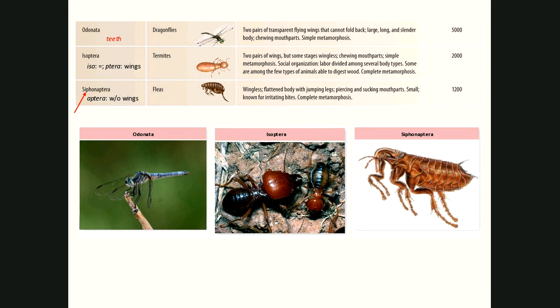And, of course, our buddy the flea, the dog flea, Siphonoptera. The Siphonoptera comes from the fact that it's a blood feeder, right? It uses its siphon. So proboscis right there. And they don't have wings. So Aptera means without wings. So Siphonoptera. And those are ectoparasites is what we call them, right? Parasites that live on the outside of organisms. Get their meal that way through the blood.